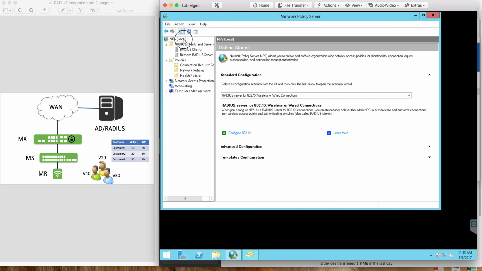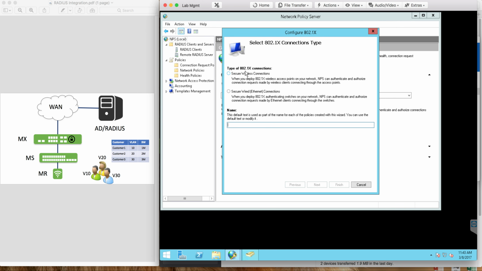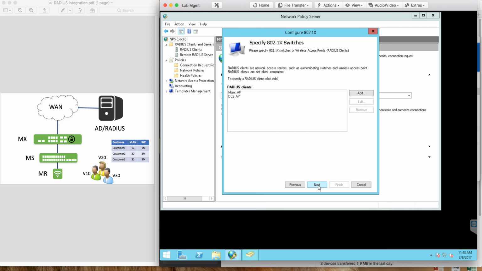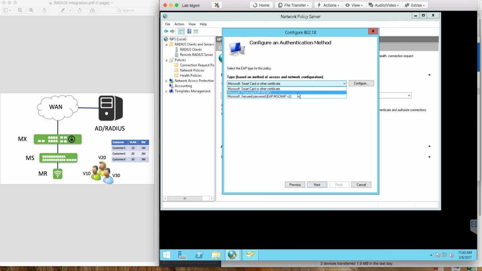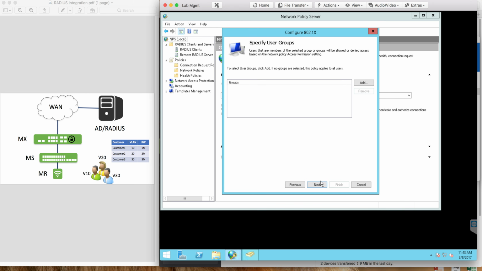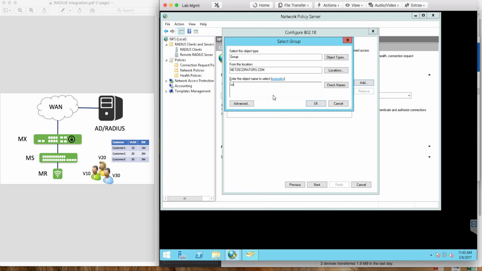So we need just to quickly replicate that for company 2 and 3. So I'm just going to go through the same process quickly. And if you missed anything that we've done while we were doing company 1, it's a good time to review it. Sorry, I just put the same name as before, so this is company 2, same access points. We're going to use PEAP, and then here the group will be company 2,